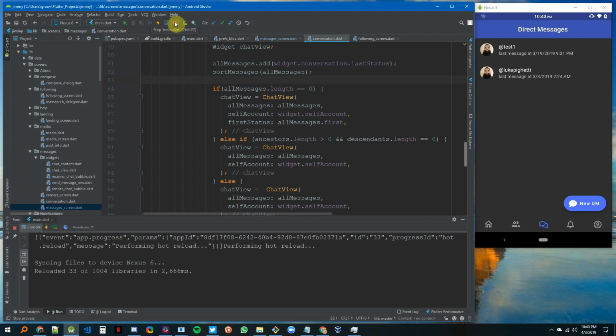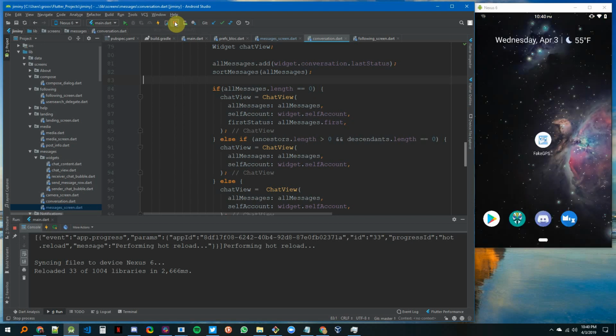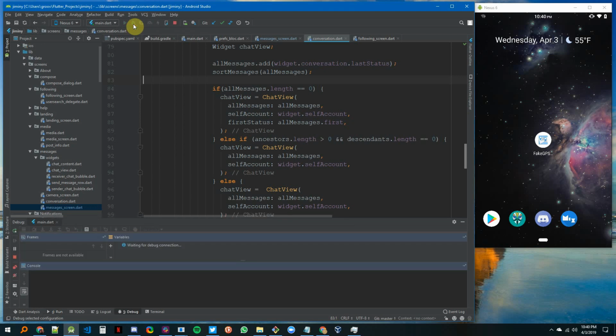Okay, here's what I'm going to do. I'm going to stop the app. I'm going to restart in debug mode. And what I mean by debug mode is using the actual built-in debugger, because obviously all Flutter apps, when you just run it, are debug apps. So I'm going to start this up so that I can have a debugger and I can check what's going on